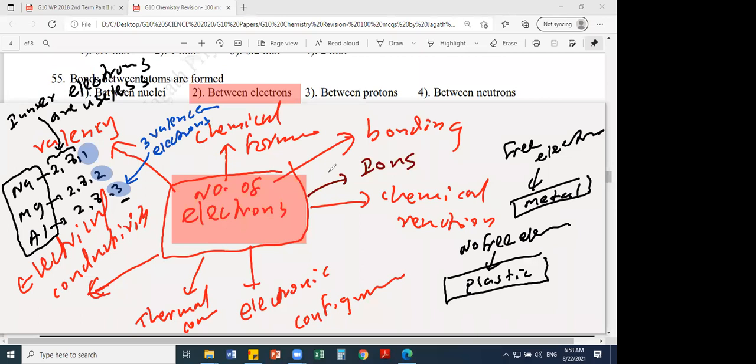Okay, then let's move on to the next. If you take a nuclear reaction, why is it called a nuclear reaction? In a nuclear reaction, the nucleus is going to change, so the atom is also going to change. In a chemical reaction, the atom will not change. I mean, that element will not change.